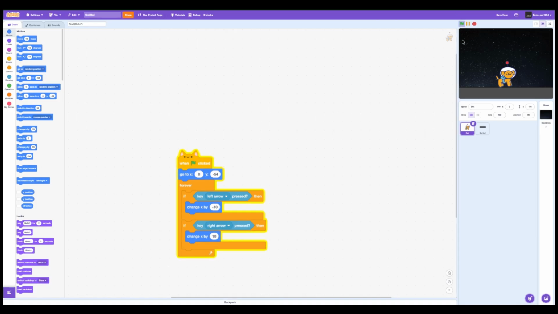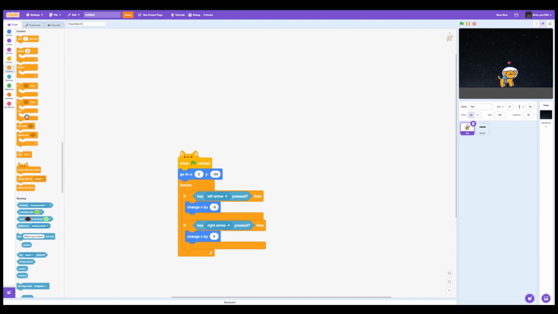Now, it works. It's a bit buggy, but it works. Set this to -5 and +5. And we're going to get a repeat until